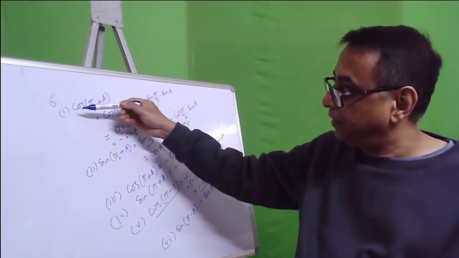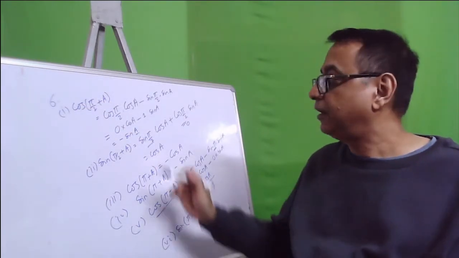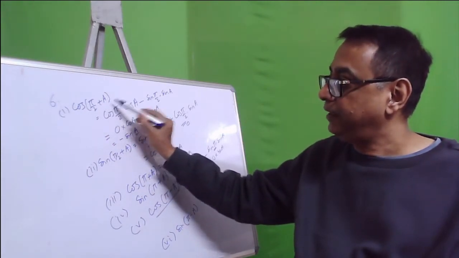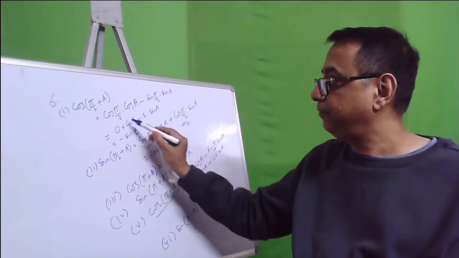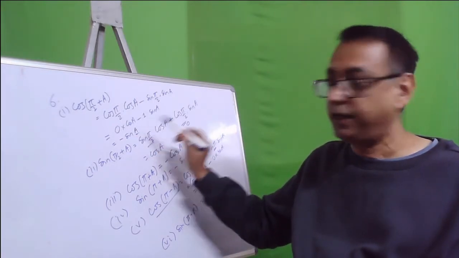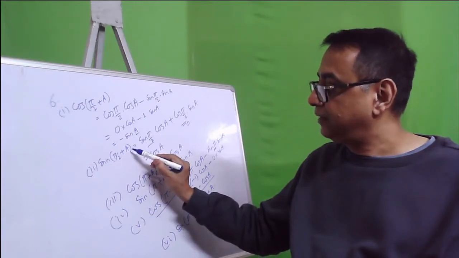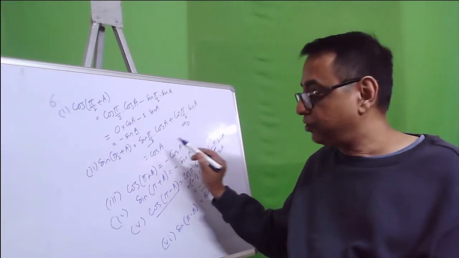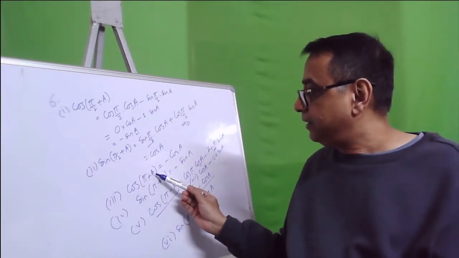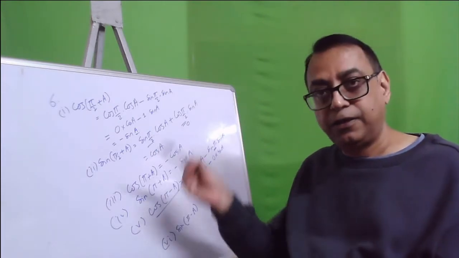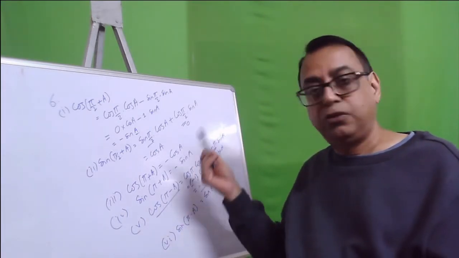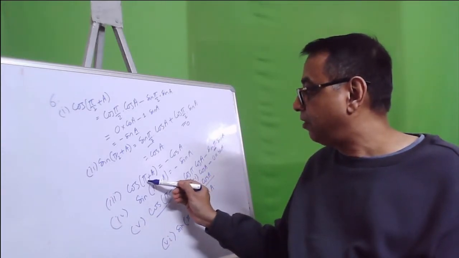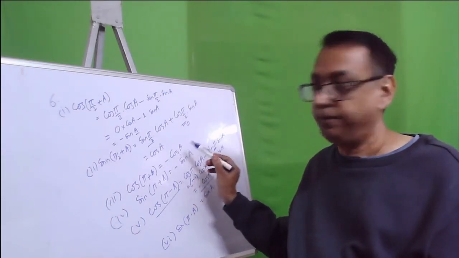So let me just recap on identity number 6. There are 1, 2, 3, 4, 5, 6 parts. Cos(π/2 + A) is −sin A. It is in the second quadrant and that's why it is negative. Sin(π/2 + A) is also in the second quadrant and it is coming as cos A, which is positive. Cos(π + A) will come into the third quadrant, and as we know, in the third quadrant except tan and cot all are negative. So cos(π + A) is equal to −cos A.